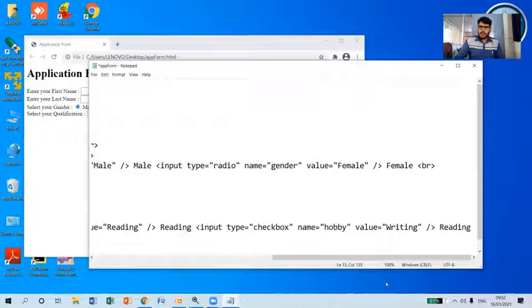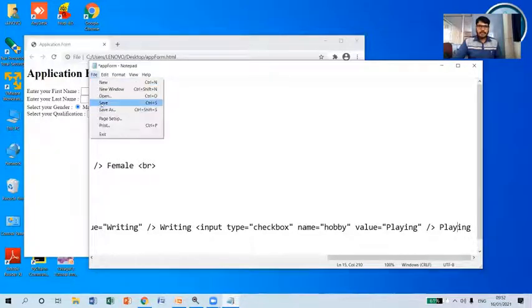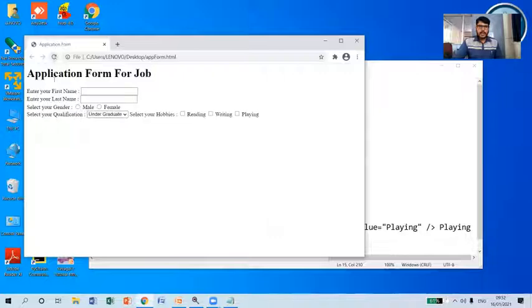Now I will modify this one as writing, and also modify this value, writing. Again, I'm going to include one more so that I can accept the value for playing. I want to modify this value also as playing. Now save this and reload.